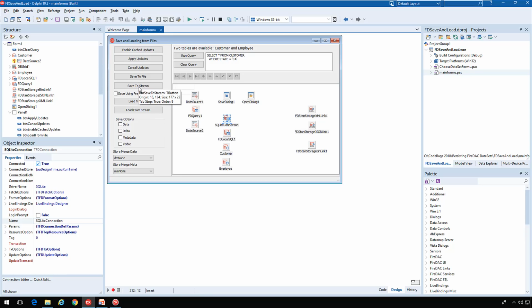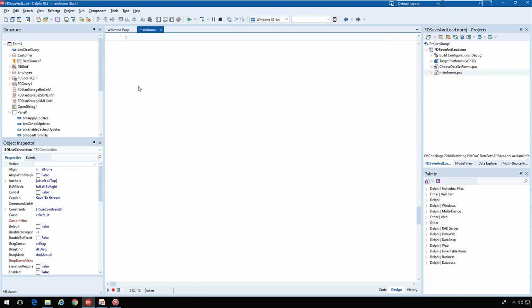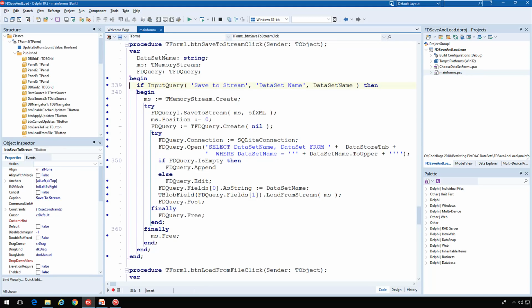And so notice what I do when I click Save to Stream. I am actually asking for a dataset name, and that's really going to be the name that I'm going to store this file under, actually the stream under, within my database. And so what I do here